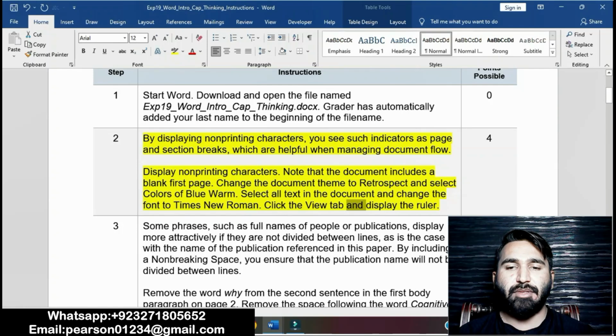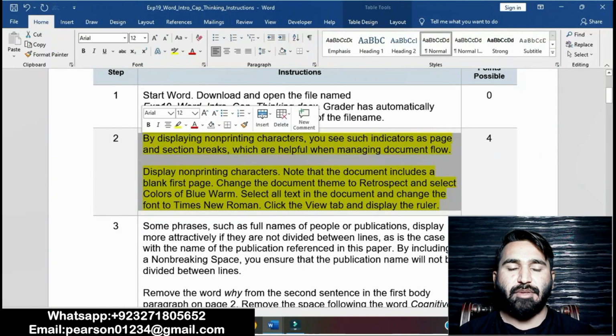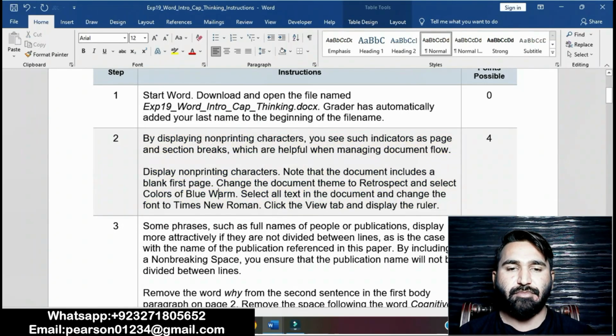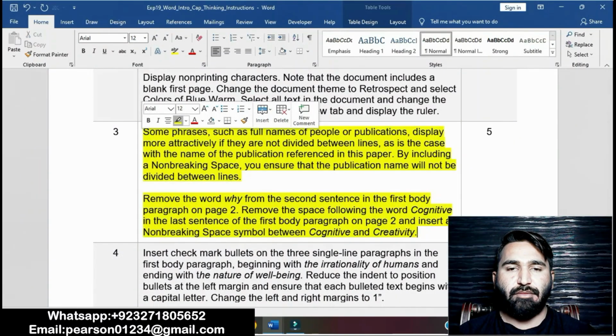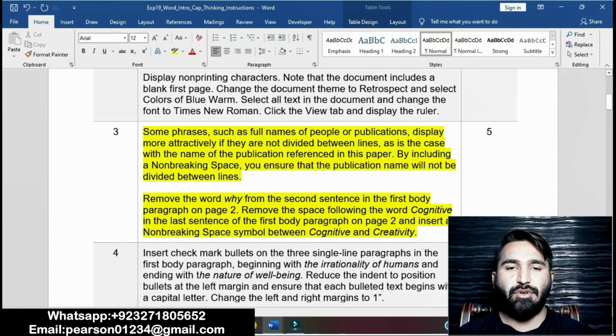Now moving on to question number 3. Question number 3 is that some phrases, such as full names of people or publishers, display more attractively. Okay, remove the word why from the second sentence in the first body paragraph on page 2.